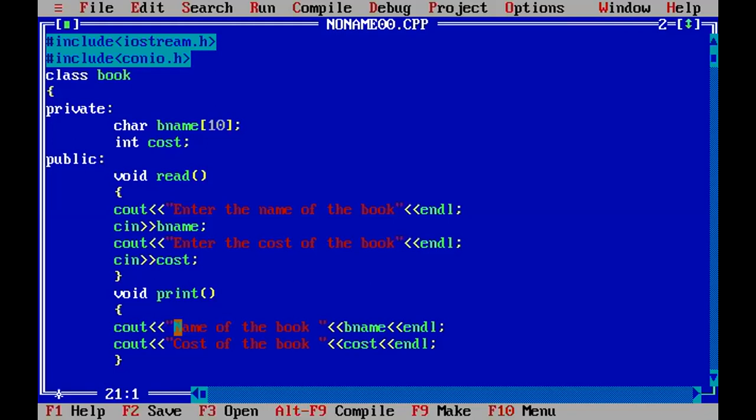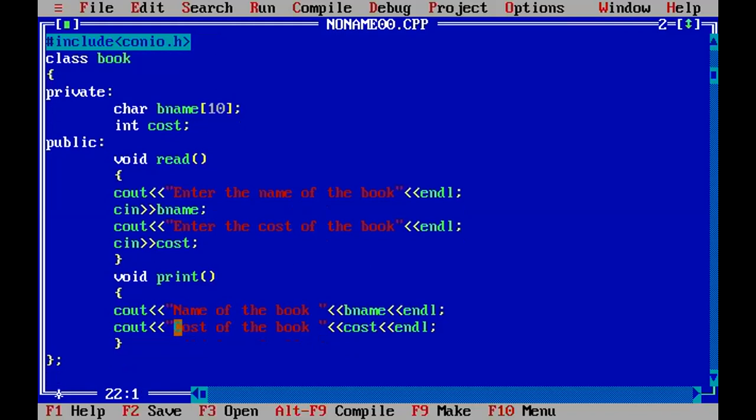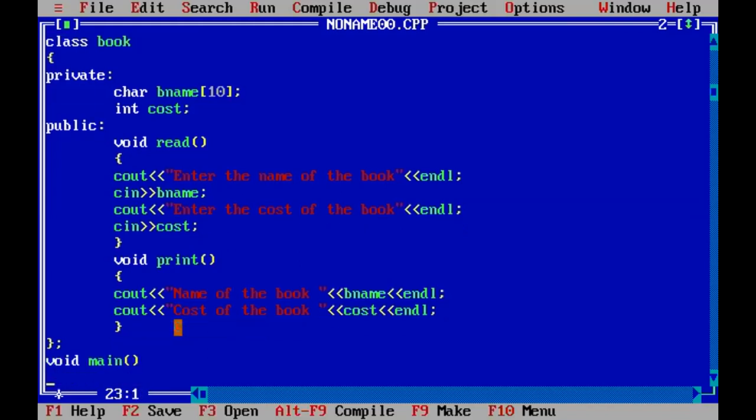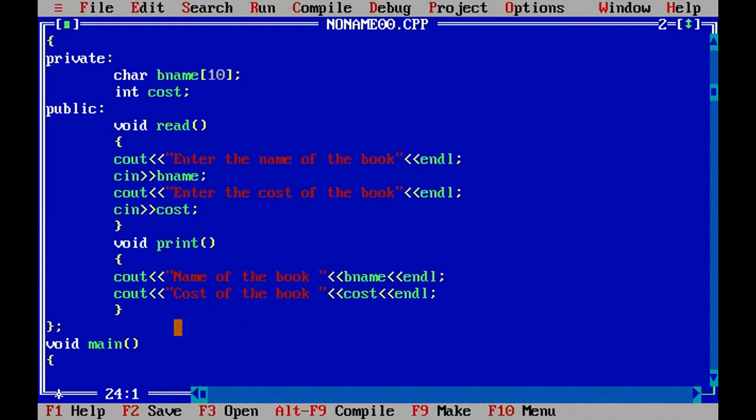The next and the foremost important thing we have to do is close your class definition by enclosing it with a semicolon. So do not forget to put a semicolon. This indicates that you're going to end the class definition. Now it's time to create a main function, and now it's time to create your array of objects.